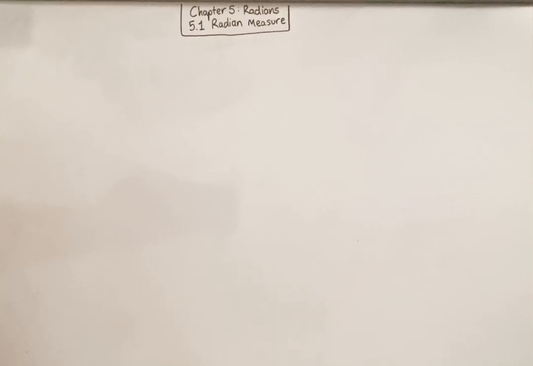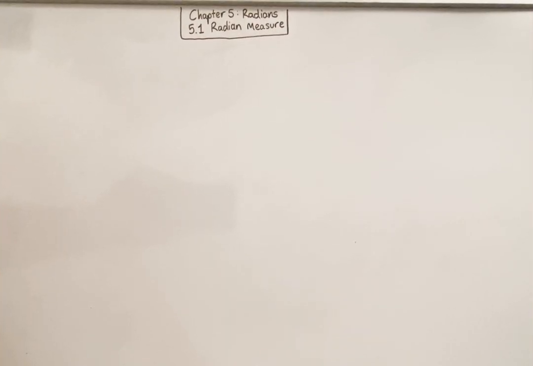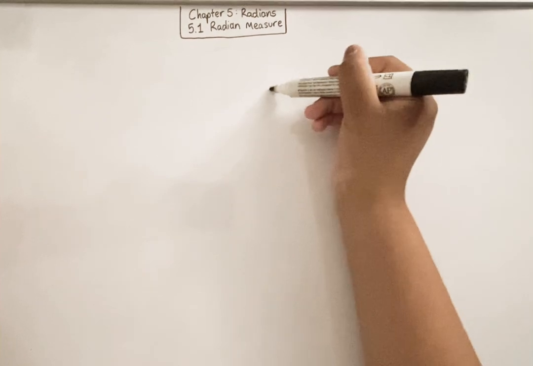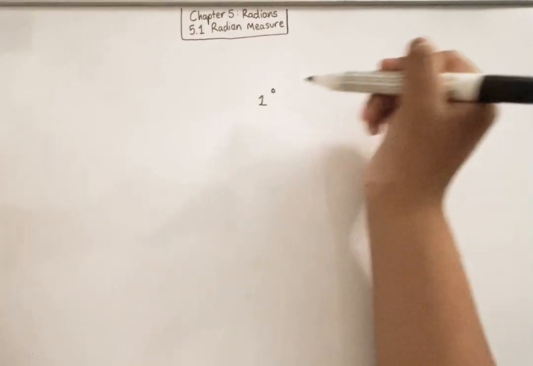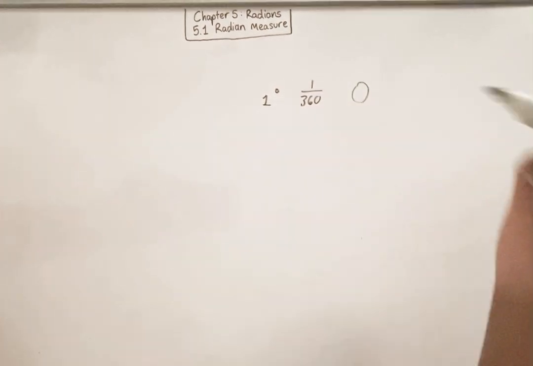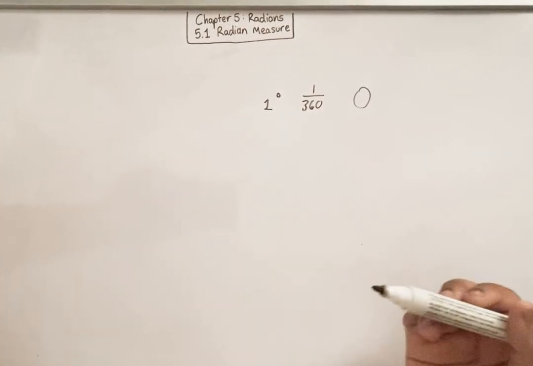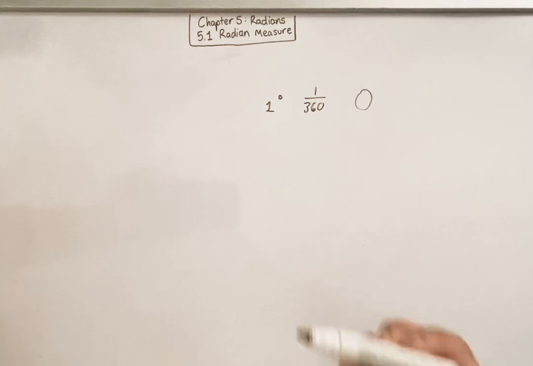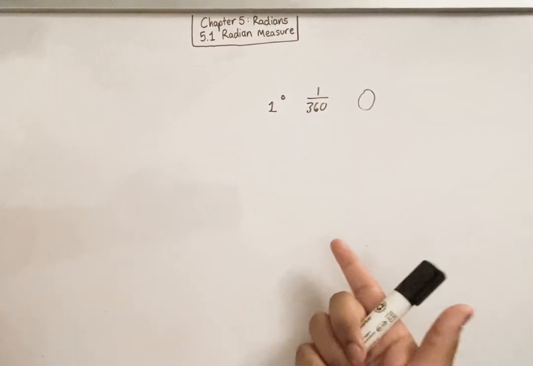Chapter 5, Radians. Lesson 1, Radian Measure. You've encountered angles in degrees before, with 1 degree being 1 over 360 of a full circle. Radians are another unit for angles that can be simpler to use sometimes, and they're necessary for differentiation, integration, and